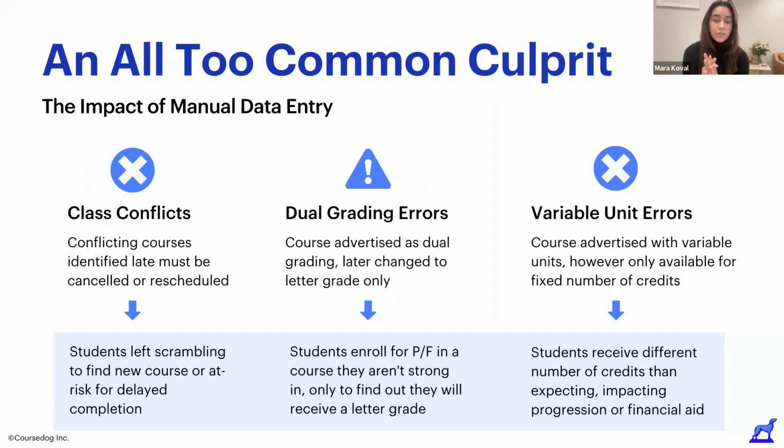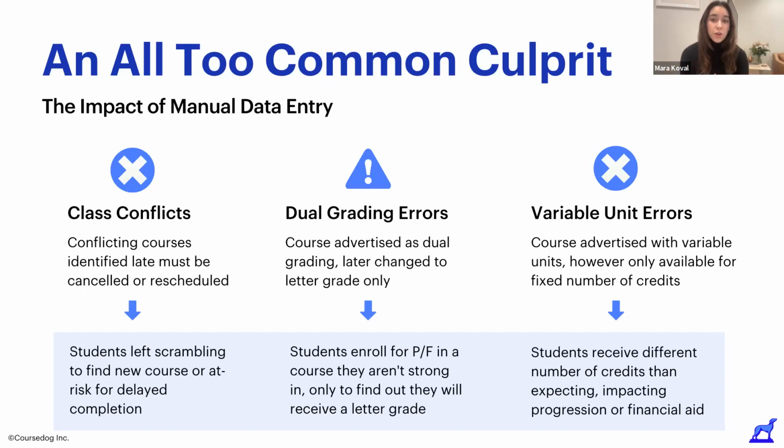Once the schedule goes live, students notify administrators of the conflict, who then must either move or cancel the conflicting courses. Students planning to take or already registered for the competing courses are then left scrambling to find a new section or course that works with their schedule and that will actually keep them on track to graduate.